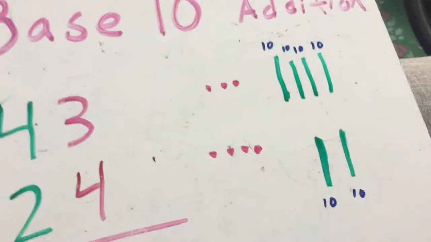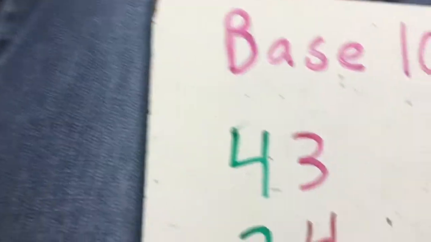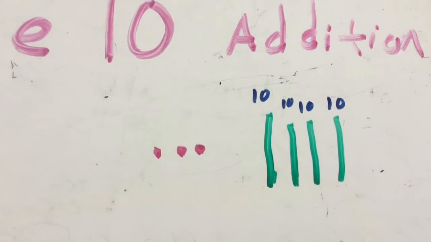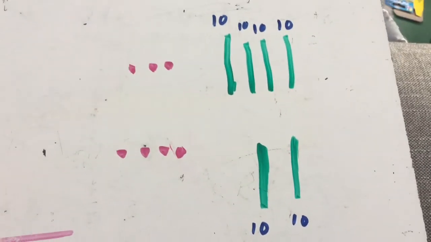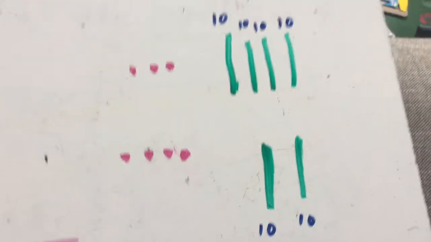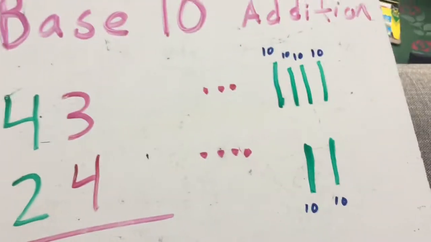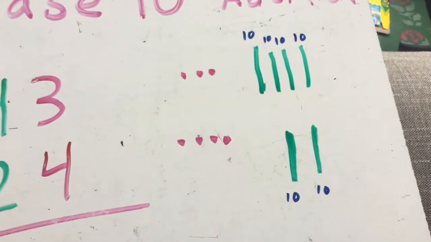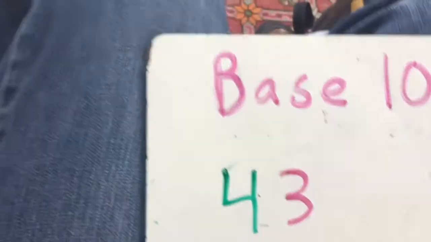Okay, now what you do when you've drawn, this is the steps I'm talking about, I want to see. If it says 43, I want you to show me 43 with the tens and the ones. 24, show me with the sticks and the 1 units. Okay, now when we're all done with that, we count out the amount we made. The picture goes with the number, and then the answer